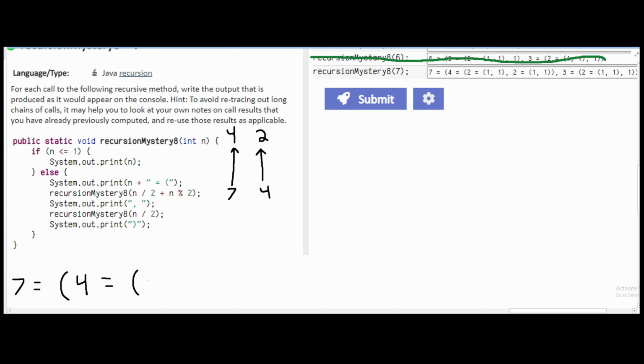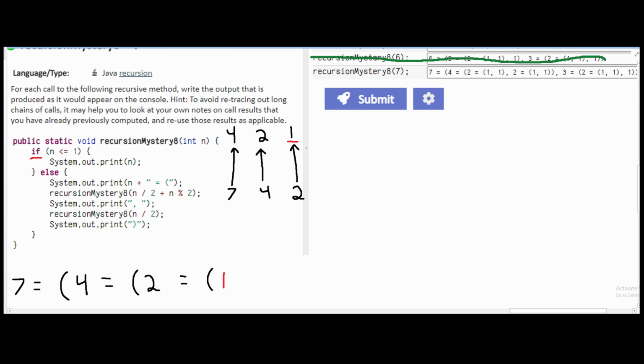We are going to print our n, which is 2, and have equals parenthesis, and we are going to pass in our 2. We are going to divide it by 2, which is going to give us 1. The modulus of 2 is 0, so we are just going to get 1. We've hit our base case right here, so now we are just going to output 1, and we can start